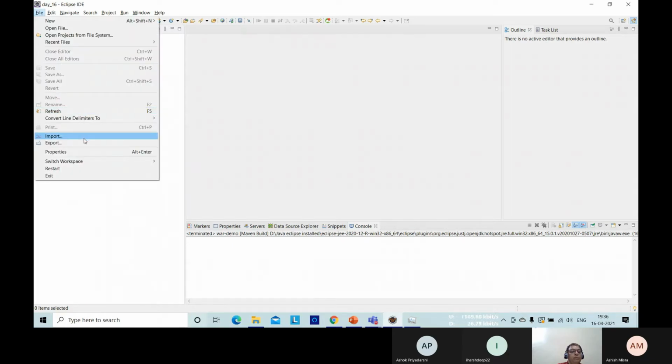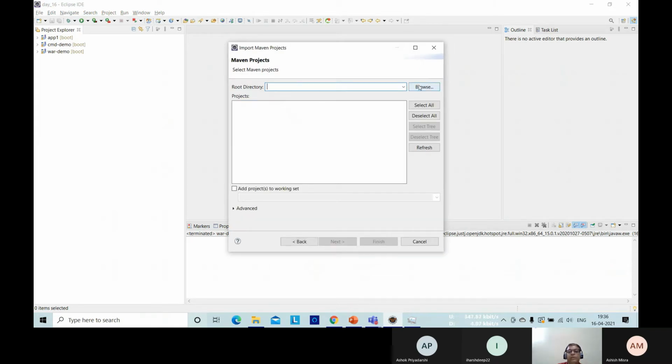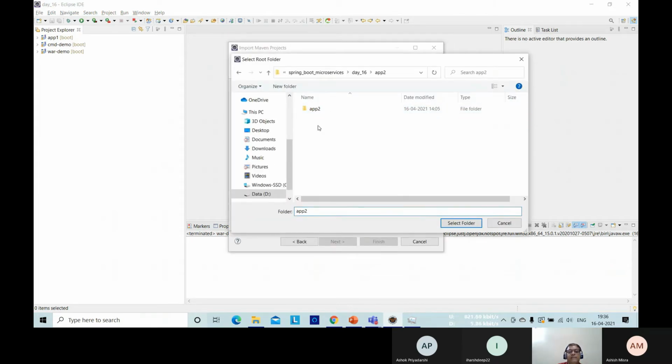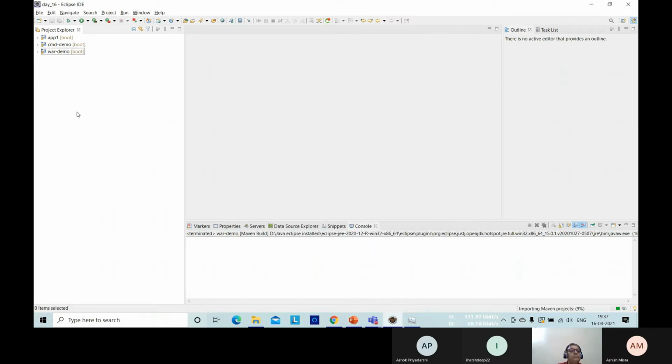Let me import this file, import, everything is okay. Then I have to check app 2. Sometimes this kind of mistake happens. Even today it happened with me. So we have to check it carefully. Select. So app 1 and app 2 we got here.